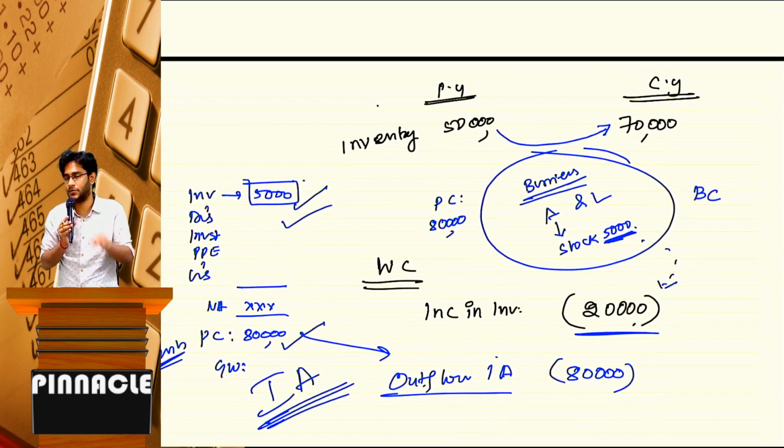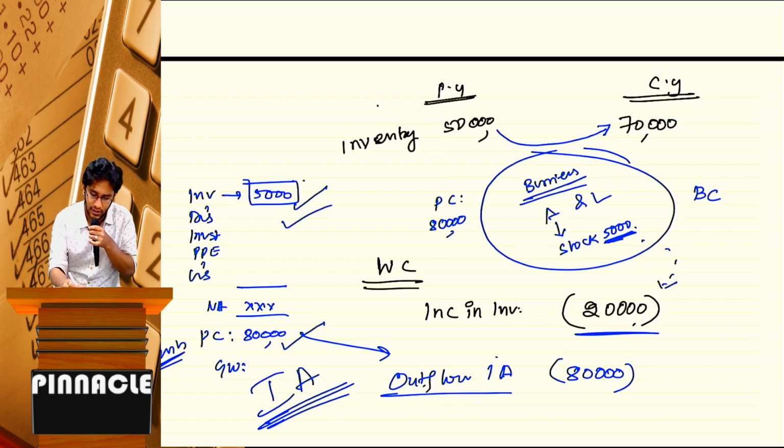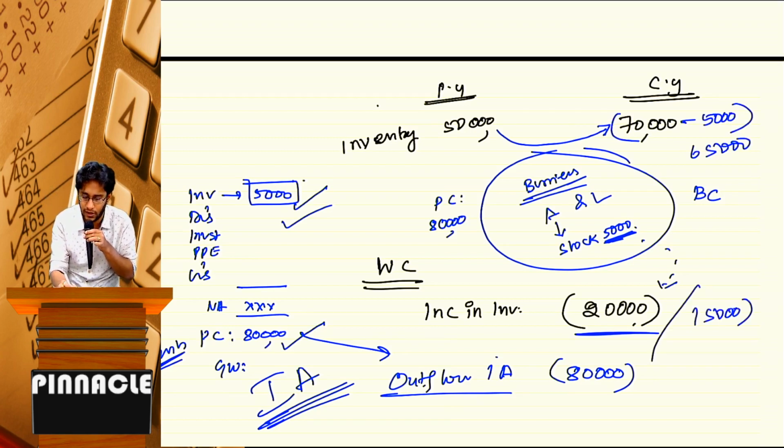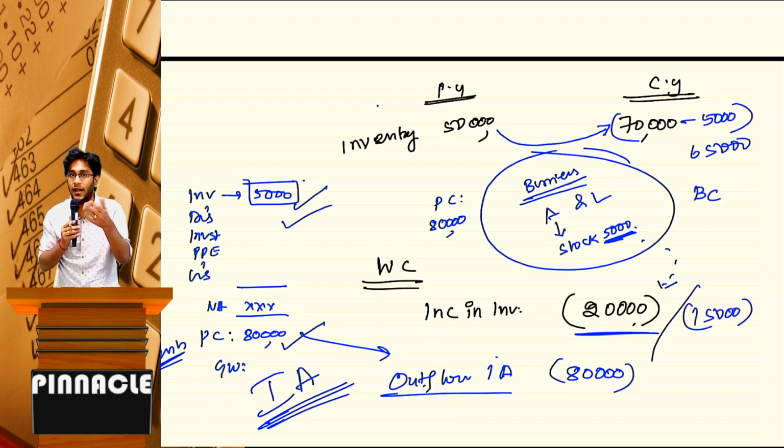in the current year when you acquire a subsidiary, from your closing balances, whatever assets and liabilities you purchased from the subsidiary, you eliminate them. Then you do the working capital adjustments. But for the correct effect, what should we do, sir? This 70,000 is the current year actual balance sheet figure. How much stock did you acquire from the subsidiary? Remove 5,000, sir. Remainder 65. From 50 to 65, how much increase? 15. You show 15,000. Sir, and that 5,000, under another name, will come as an outflow under investing activity,